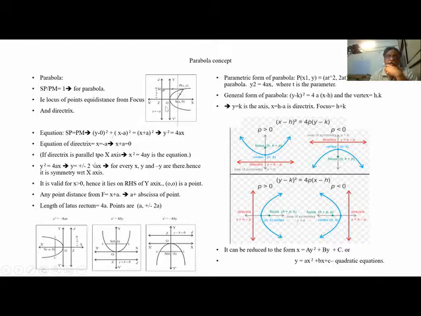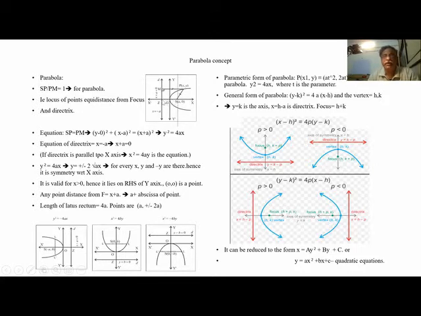So let us say this is the vertex. Y dash is the vertex line. Here it is assumed as 0, 0. The vertex is 0, 0. From here the distance to S is A. So SO is A, and from O, this OZ also should be A, because from this point, the distance to the point and the distance to the line are the same. So this is also A, this is also A.